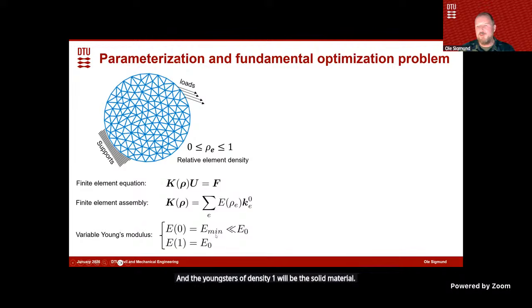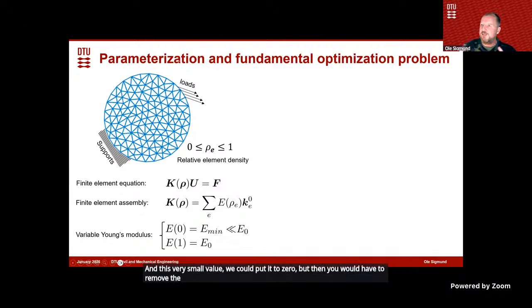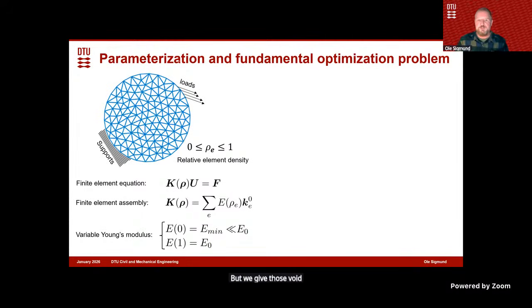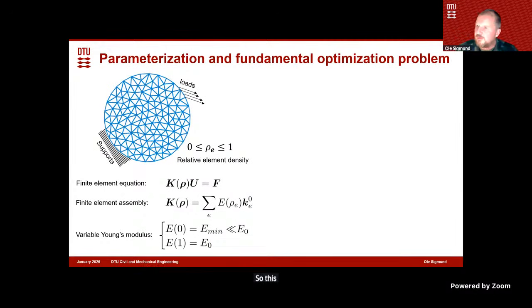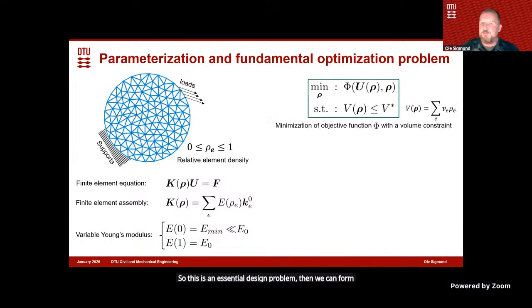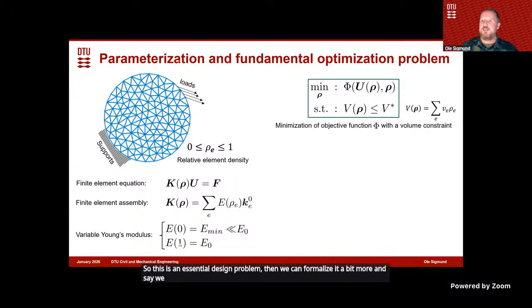And this very small value, we could put it to 0, but then you would have to remove the elements. To make efficient schemes, we actually work with what we could call a fixed grid, but we give those void elements a very small stiffness such that we don't get ill conditioning of the stiffness matrix. So this is an essential design problem. Then we can formalize it a bit more and say we want to minimize some function of both